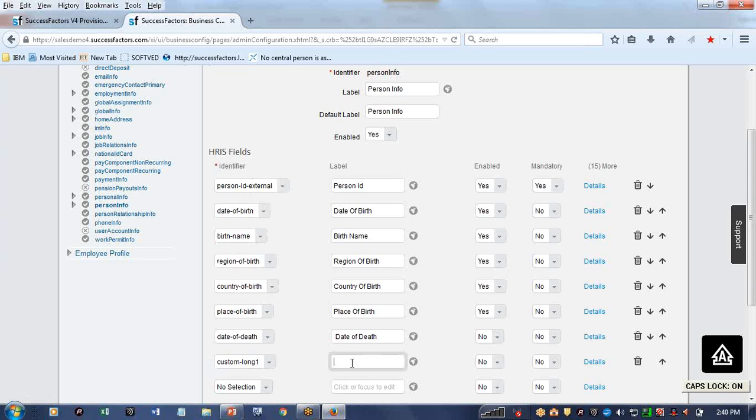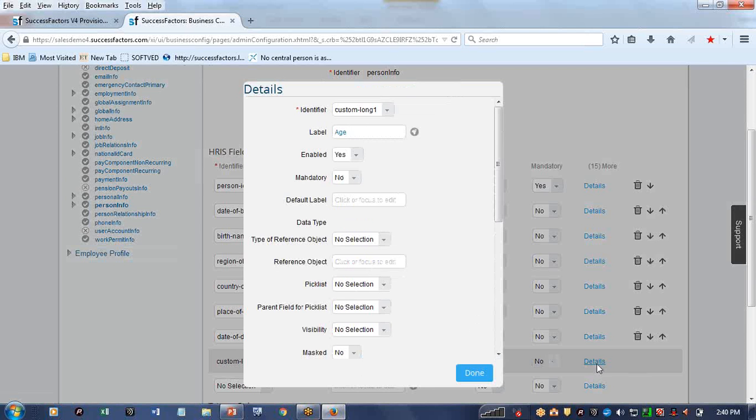And the field label, I am defining an age. And I am updating an enabled status, yes. And I am going for further details. In this section, I am updating visibility field status to view,